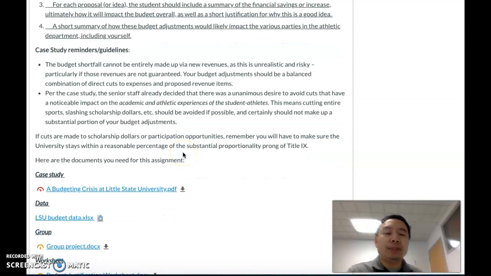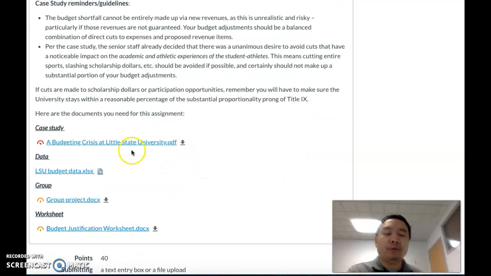Right, so to complete this assignment, I prepared 4 documents for you. The first document is the case study. You click on the link, and you'll be able to read the entire case study. I recommend you read this case study very carefully and highlight all the things they recommend to you, which gives you a better idea of what this university is currently facing right now. And the group document: you click the link on it, and you'll be able to know who you'll be working with for these group projects.